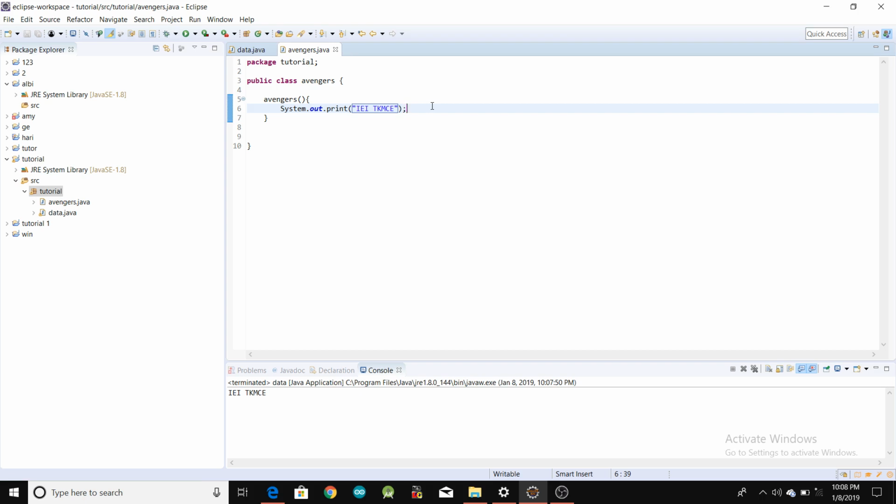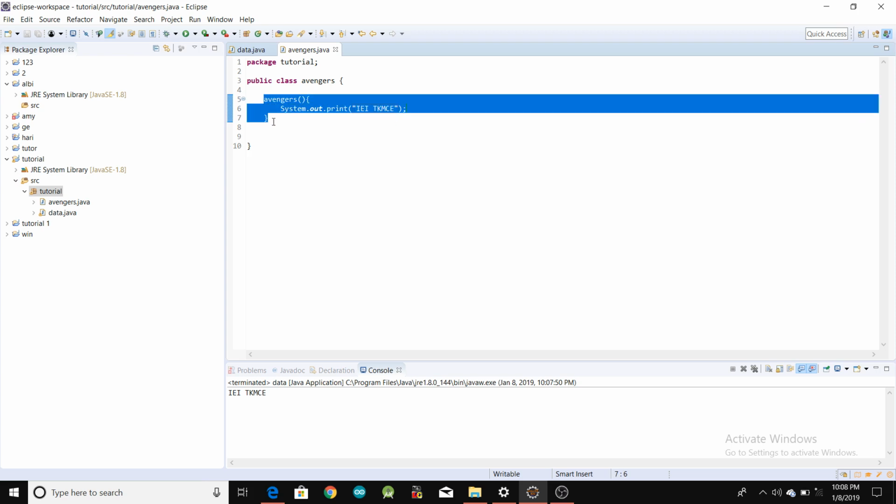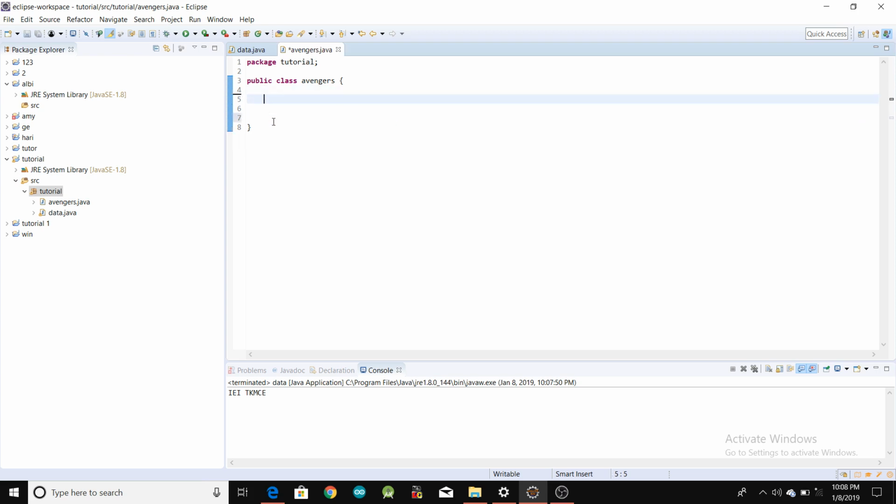Now the question is, what is the importance of a class constructor in Java? Usually class constructors in Java are basically used to initialize values. For an example, let us develop an application, or to say an interface, for multiplication of two numbers using constructors. So let me just remove this. Now in the class Avengers, let us create two variables, int a and int b, and let's write a method, public int, name of the method mul,